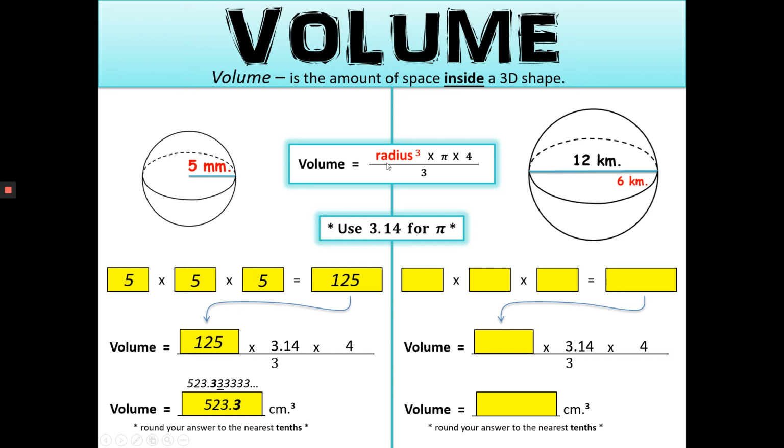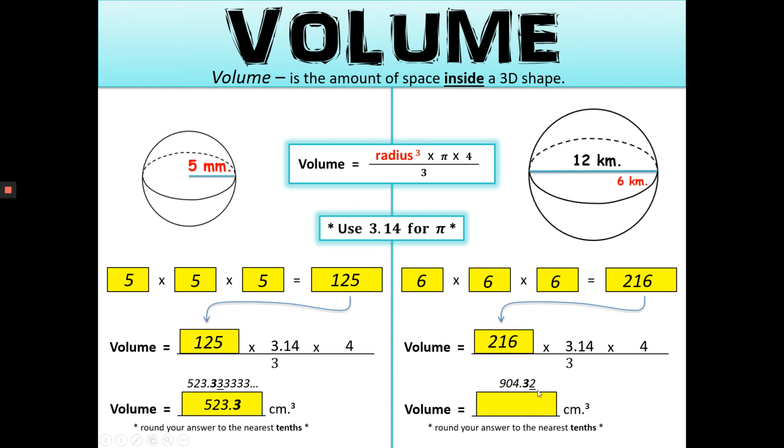So 6 is the number we need to multiply by itself 3 times. We have 6 times 6 times 6. 6 times 6 is 36, and 36 times 6 is 216. So that's radius cubed, the number we take and plug in right here. Radius cubed was 216. We multiply that by 3.14 for pi, multiply that by 4, and then divide all of that by 3. So 216 times 3.14 times 4 divided by 3 gives us